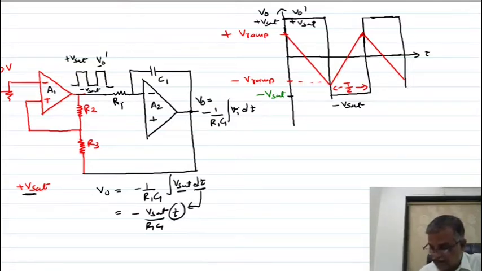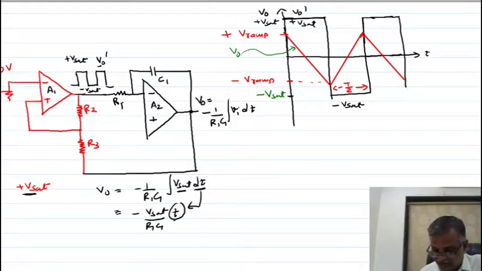And as time increases, my voltage decreases according to this sign, you know this. As time increases, voltage decreases. So as time increases, the output voltage decreases. That's why I am showing you this. This is called a negative going ramp, produced at this point, VO. So this is nothing but, I can write, this is your VO.